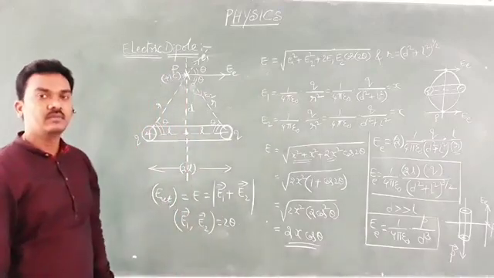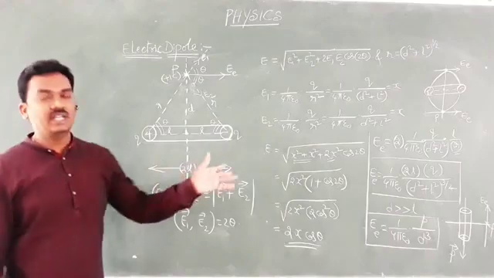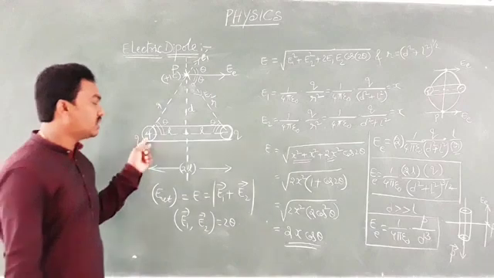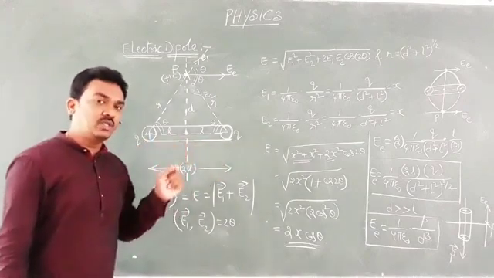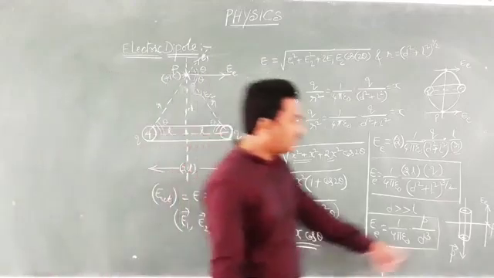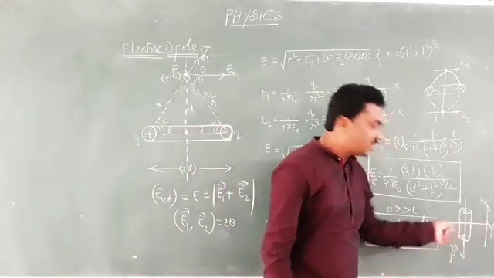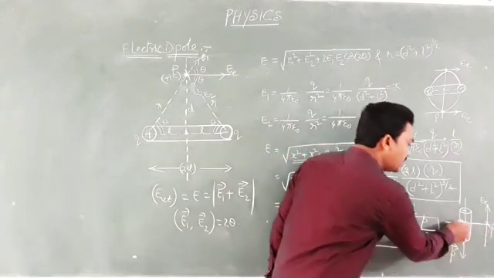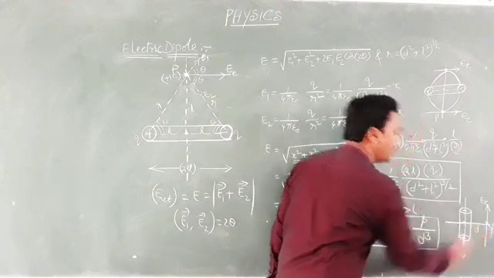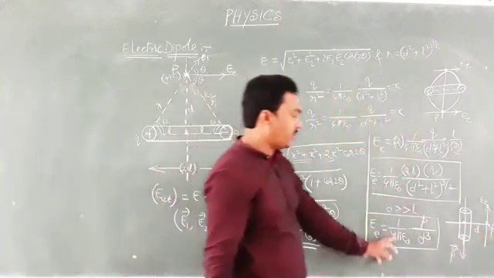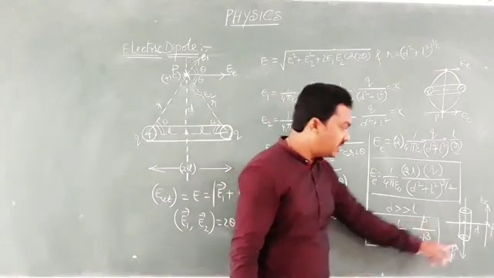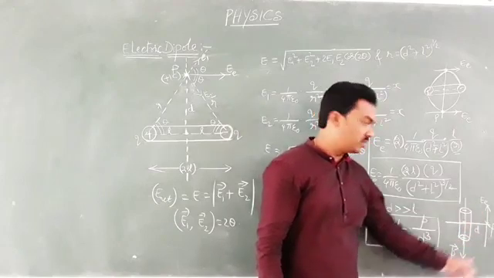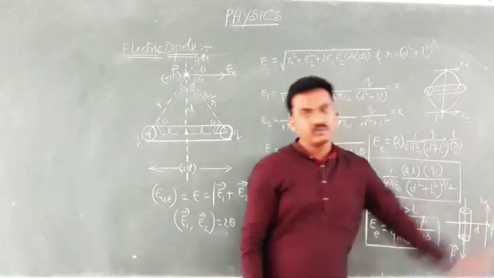Hope you got clarity. So don't think that a horizontal line is the axial line and a vertical line is the equatorial line. A line joining the two charges of the electric dipole passing through the center is the axial line. So here in this case, this is the axial line and this is the equatorial line. At this point, the distance of the point from the center is d. Then the equation is 1 by 4 pi epsilon naught into p by d cube, but the direction is against the dipole moment vector. Dipole moment vector is negative to positive, and at that point the field intensity is in this way.